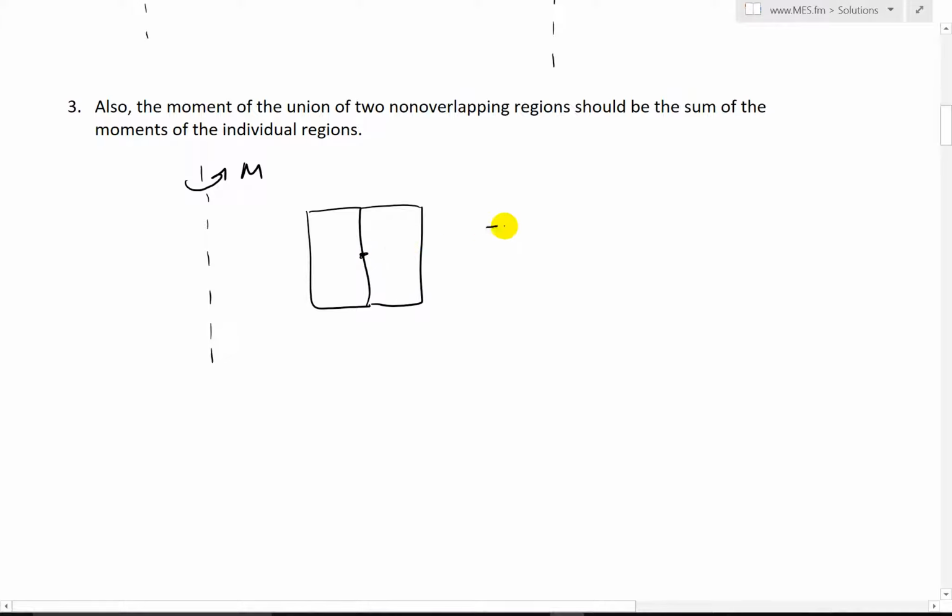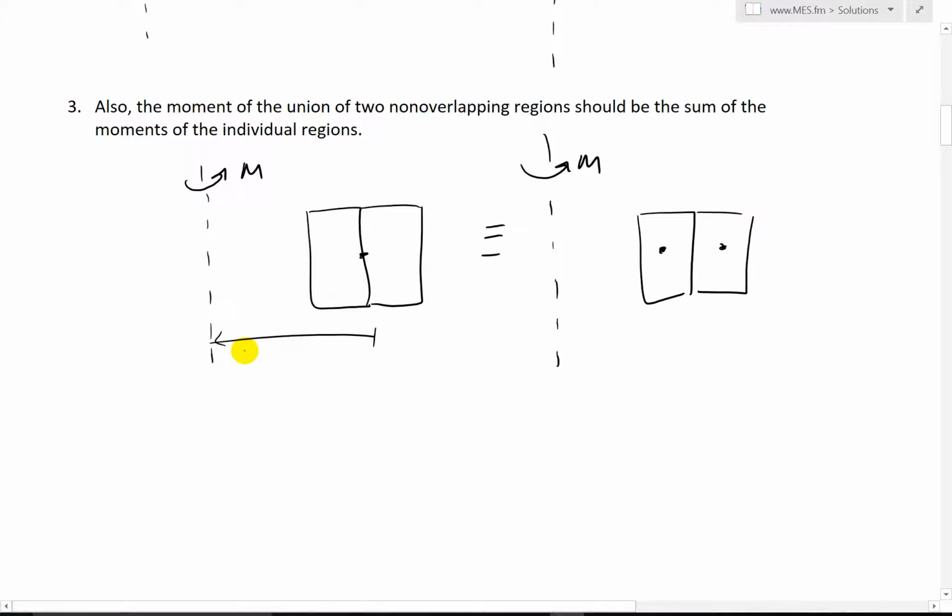This has to equal the same exact moment applied. If we were taking it about this line M, this would be the same as the addition of the two. So you would take this center of mass, find the moment, so this full moment right here